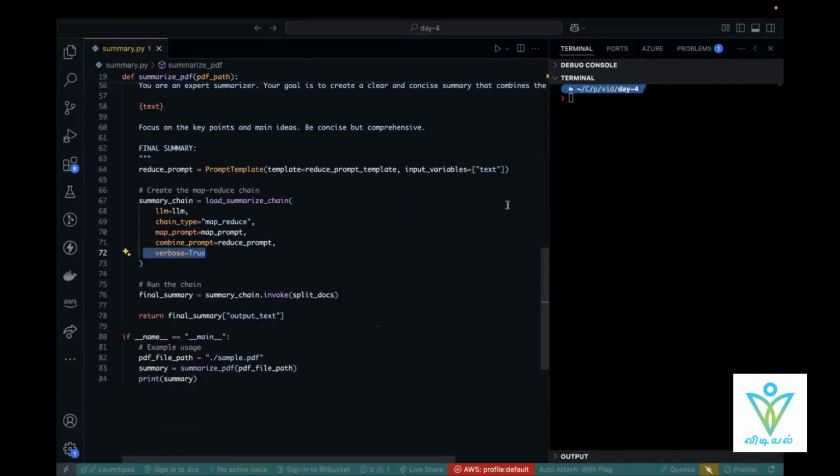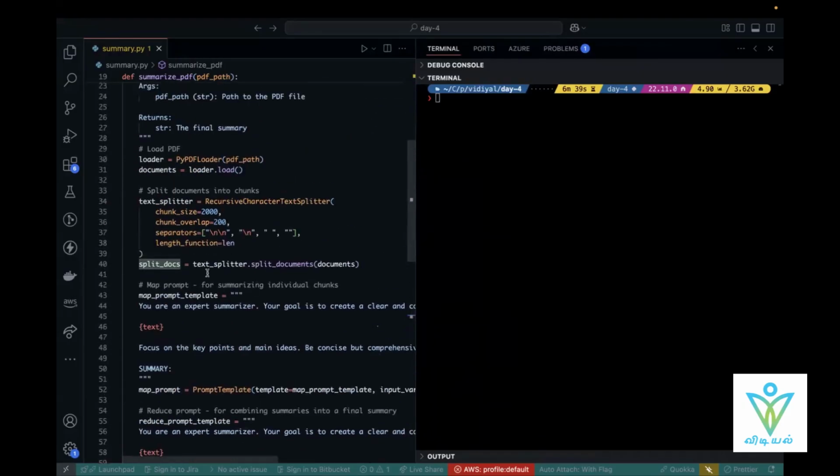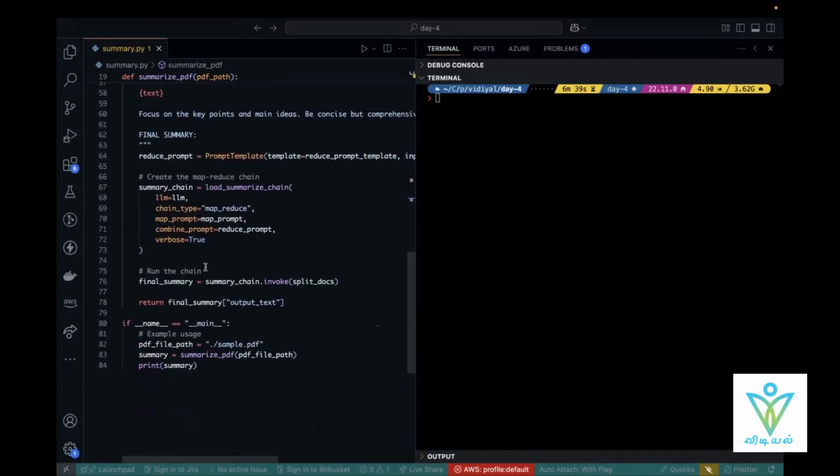So verbose equal to true means it will show you all the intermediate steps that are happening while summarizing. And I'm just calling this summarize chain with the documents that we have split. So if you do something like this,